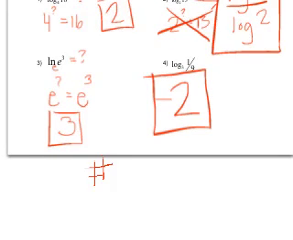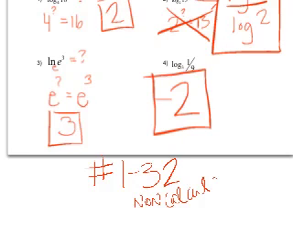Okay, your homework is 1 through 32, non-calculator. I know it seems like a lot of homework, but some of it is just drop and cross. It's not actually you doing anything besides writing 4 numbers down. And then the last 3 will be your calculator portion. Okay? Don't complain. It's not as long as